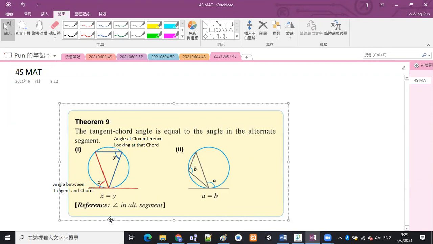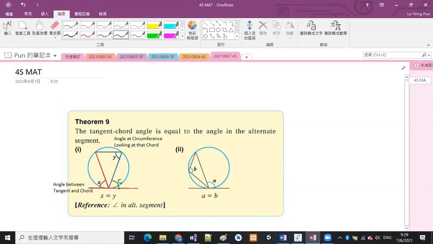Is that okay? 咁你記住，但係要一人一邊嘅喎。So this chord is dividing the circle into two parts. The angle between tangent and chord is on one side, and then the angle at circumference looking at that chord should be on the other side, on the other side of the circle, I mean. 得唔得？喺個 circle 嘅一邊。